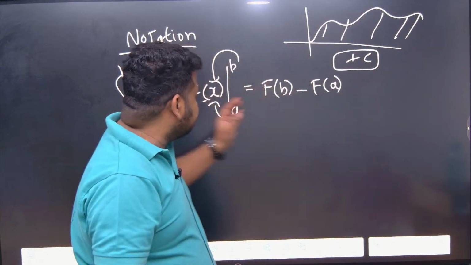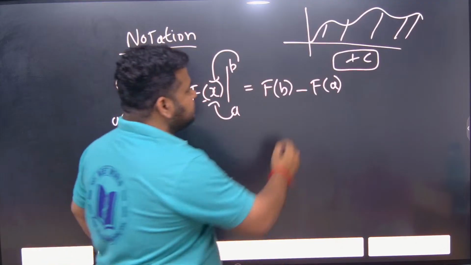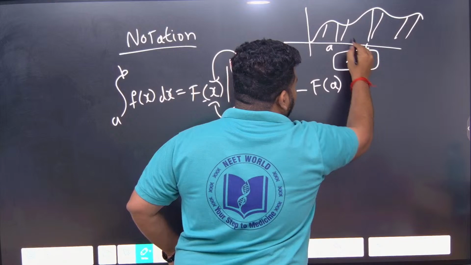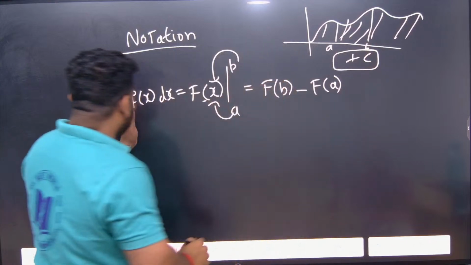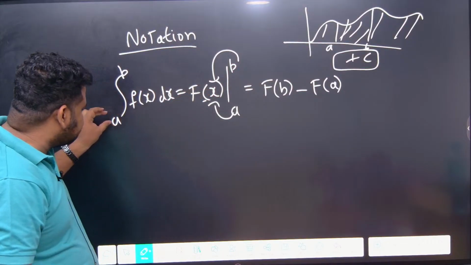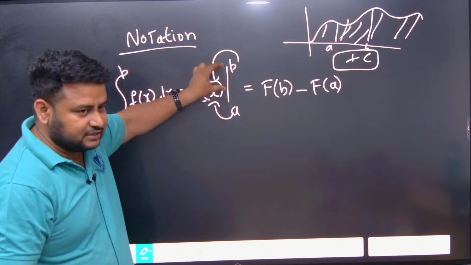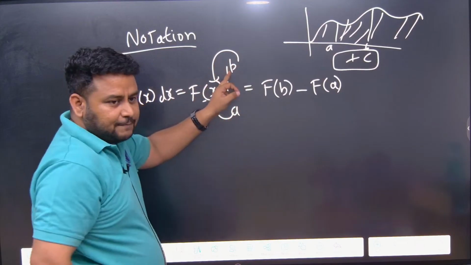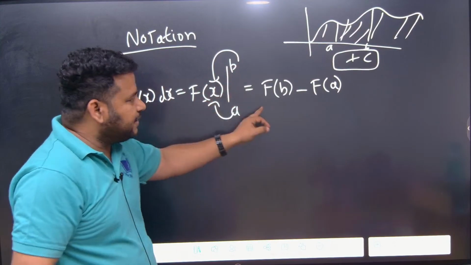But in definite integration, the word itself is definite. Suppose they will ask you to find only this area, that means they will give some values a and b. Only this area you have to find out, means you will write integral of f of x dx, and you will get some value. But the limits are given, a and b, you write a and b like this. Then what you should do for f of x, first you put the upper limit, this is called upper limit, f of b minus f of a,